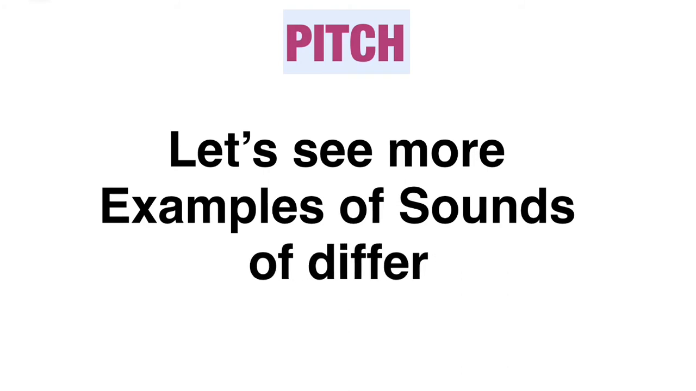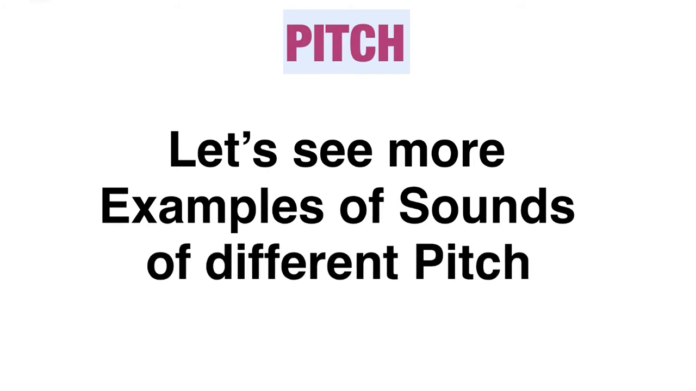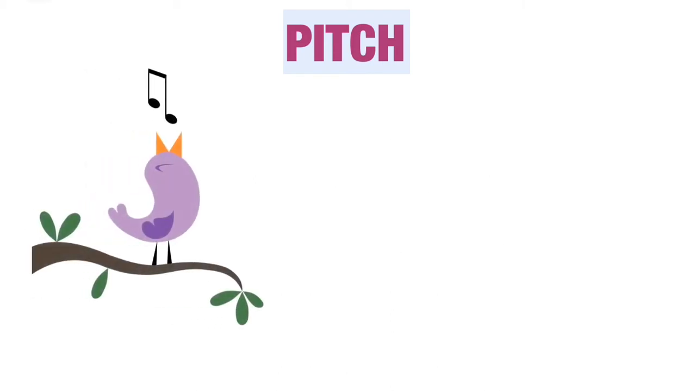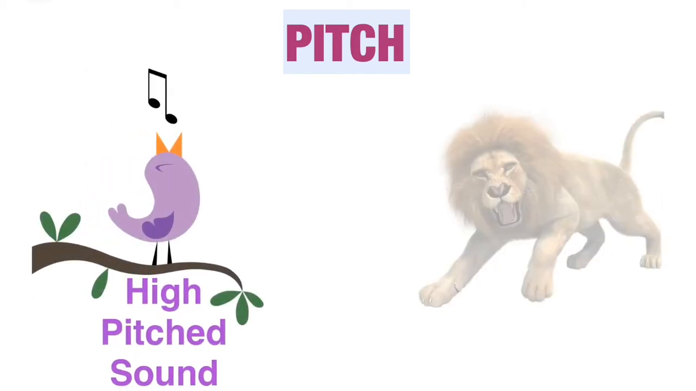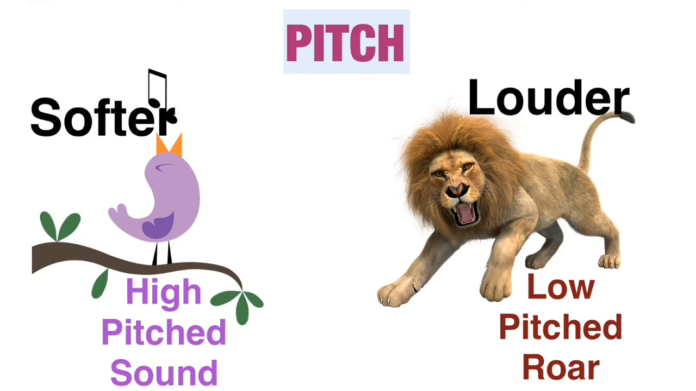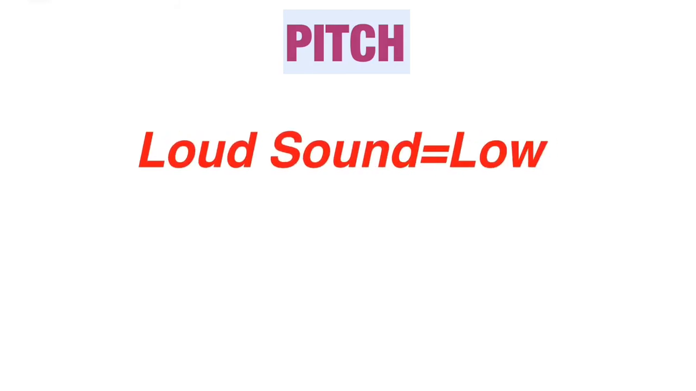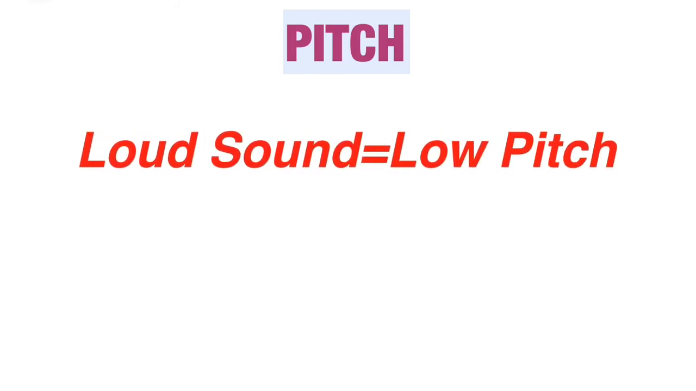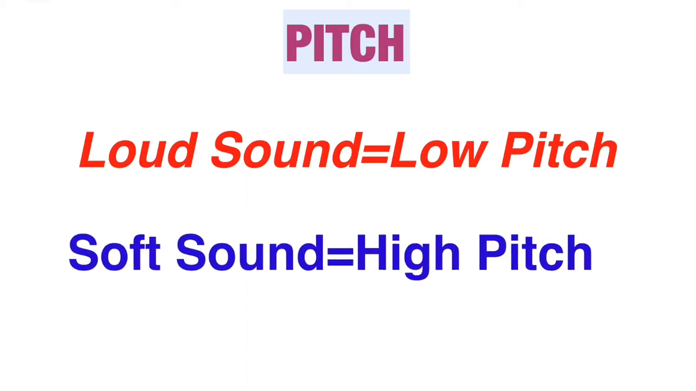Now, if you are confused about what is higher pitch and what is lower pitch, let me give an example which will help you to distinguish. A bird makes a high-pitched sound, but a lion makes a low-pitched roar. However, the roar of a lion is very loud, while the sound of a bird is quite weak. That means a louder sound will generally be of low pitch, and a feeble or weak sound will be of